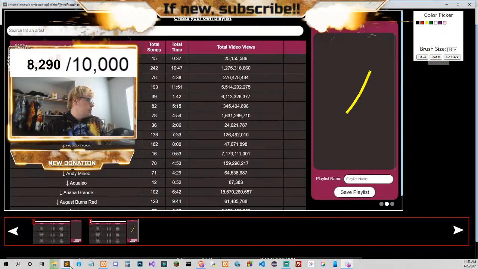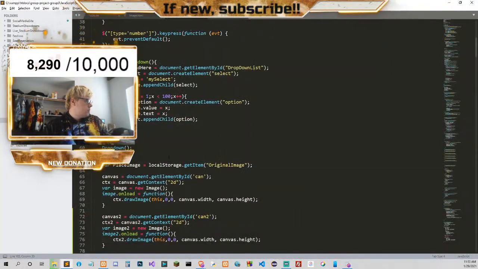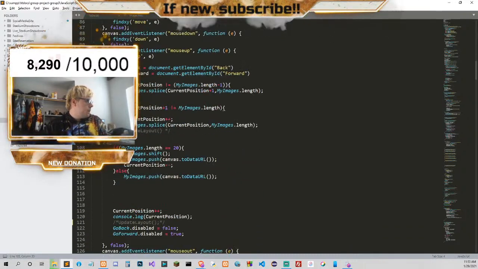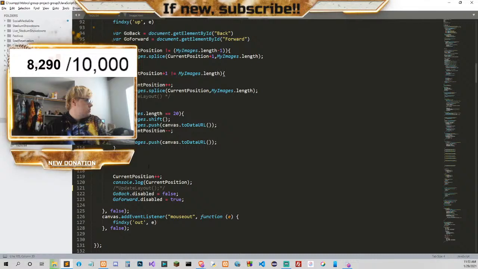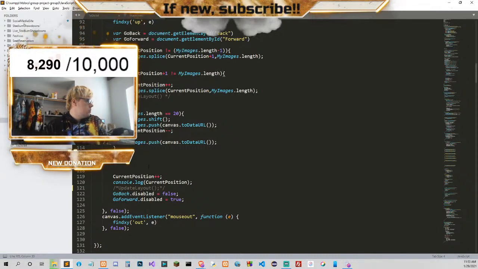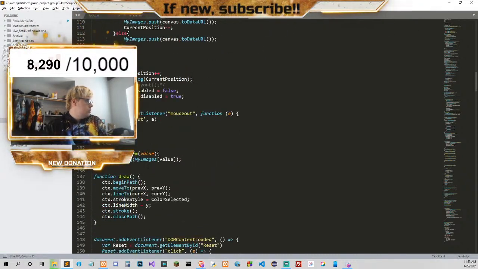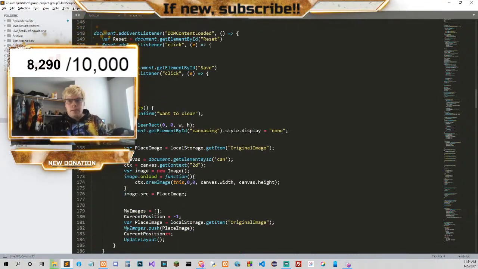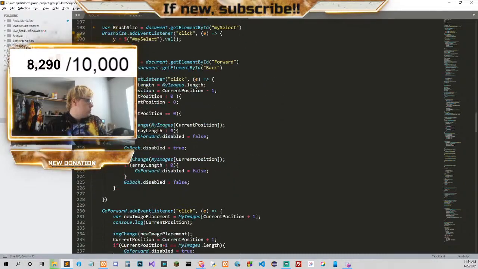Shouldn't have updated that. I thought I took the code out for that. But yeah, it's gonna be like a Photoshop type extension.